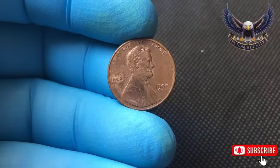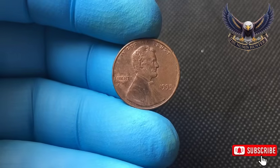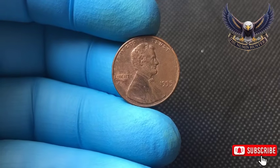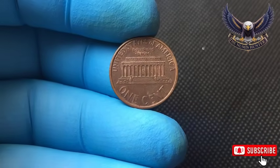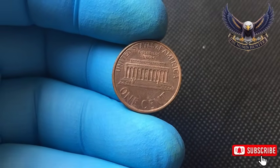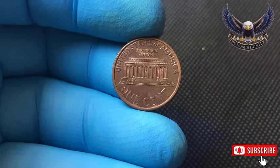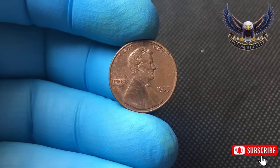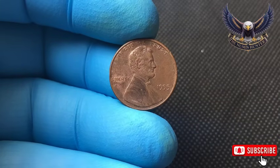Specialists who have examined this characteristic under magnification note that it likely represents the very earliest moments of what could have become a full die cap error, had the coin remained stuck to the die for even a few additional strikes, meaning this specimen essentially captures a die cap error in its infancy, a moment frozen in time, finding a coin carrying an entirely separate, undocumented double die reverse from the most famous double die year in modern Lincoln cent